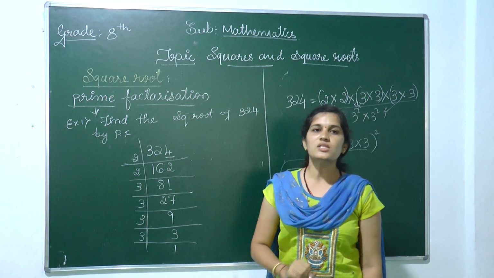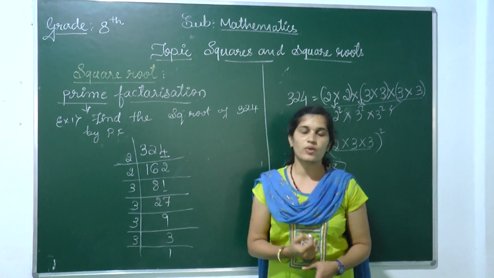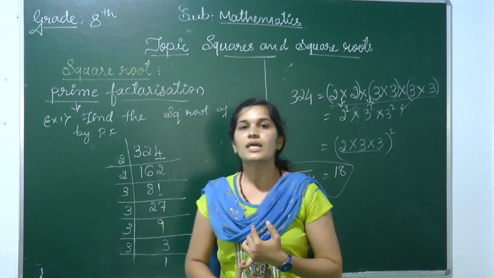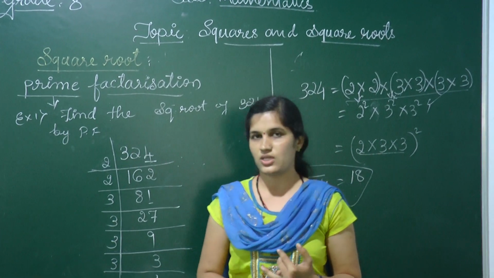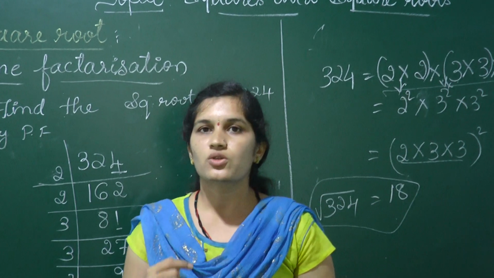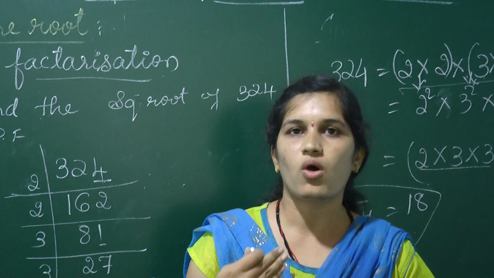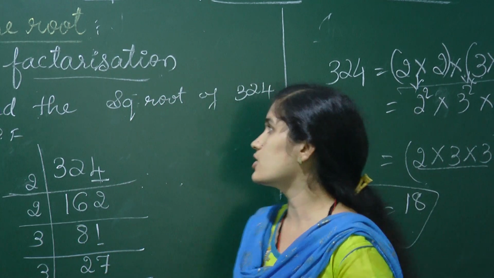Okay, my dear students, in this class we have discussed how we can find the square root by two methods. The first one is repeated subtraction and the second one is prime factorization. And your homework is in exercise 5.3: you should practice and do all the problems in the fourth main. Okay, they are related to the prime